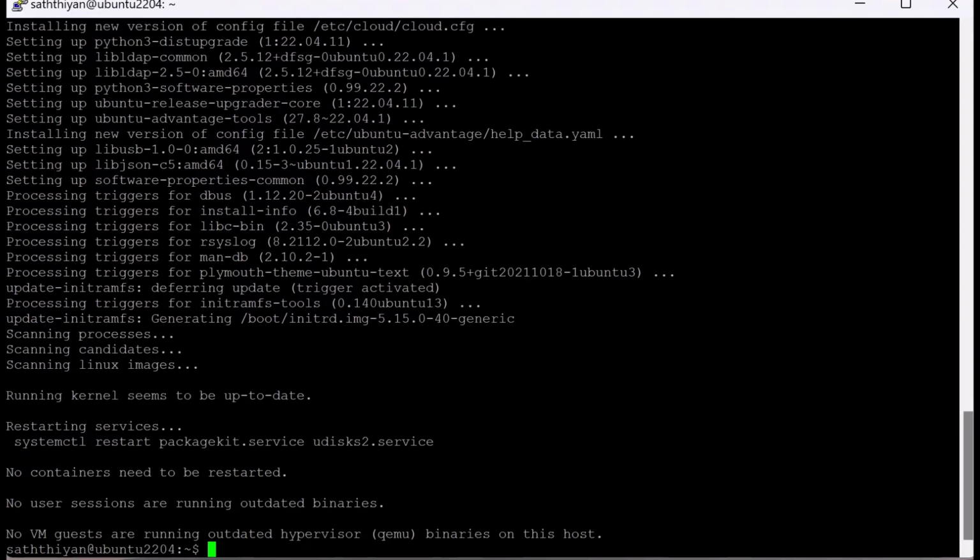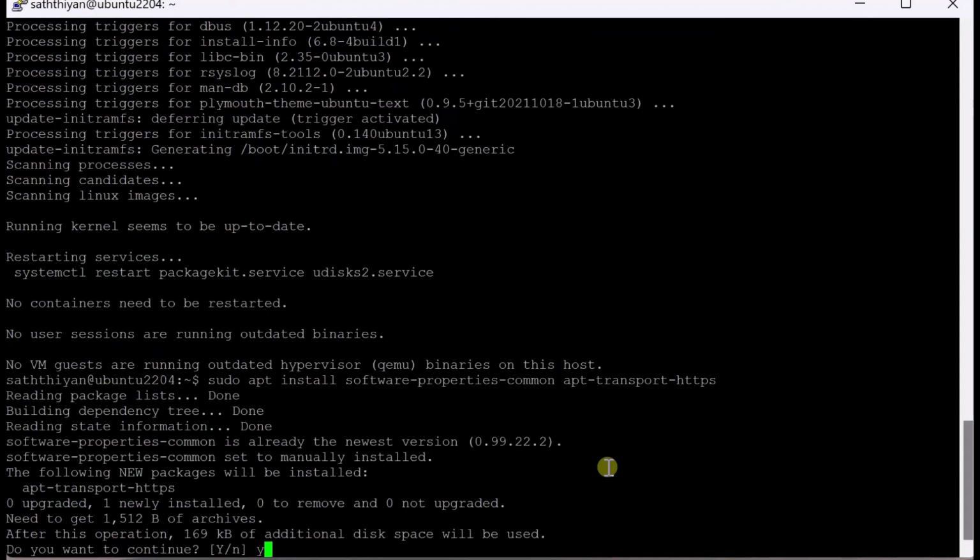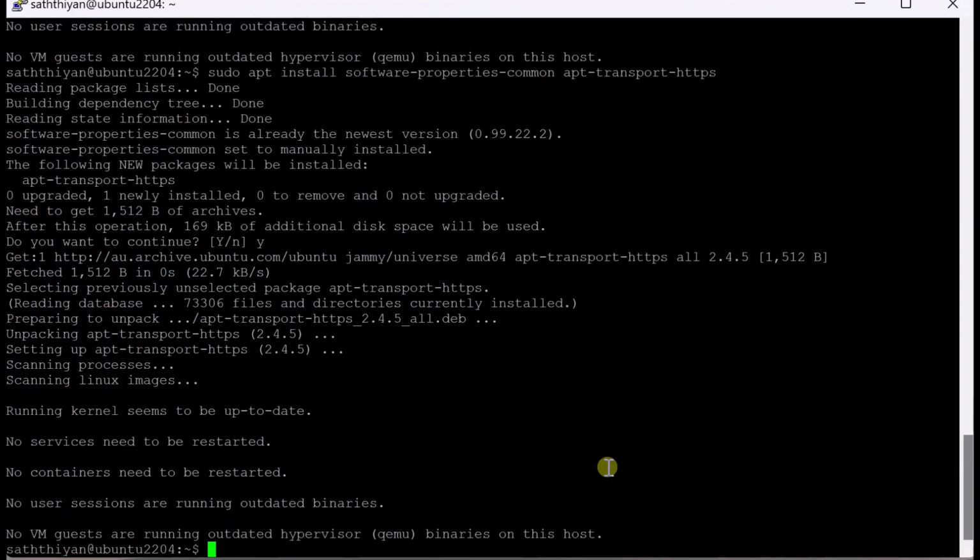Cool. Next I'm going to run the second command. I'll make sure I copy these commands into my description, so you can just copy and paste these commands to install. So I've just done the system upgrade. Now I'm going to download and install the GPG key so that it can be used to download the